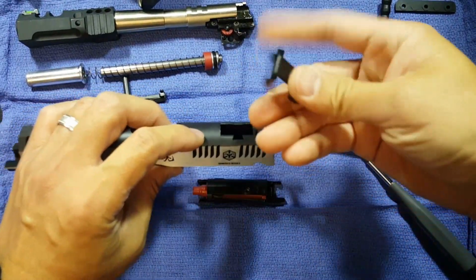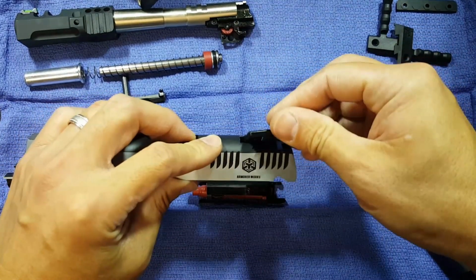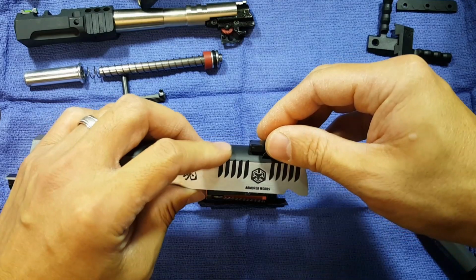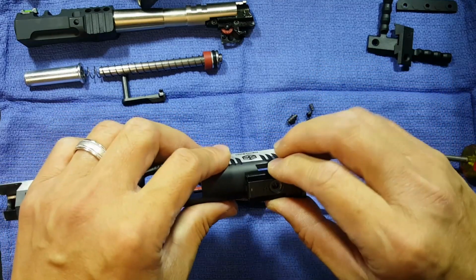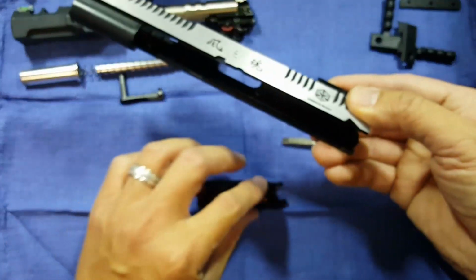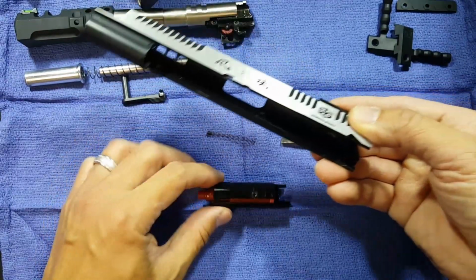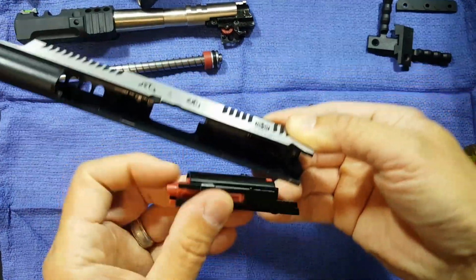The rear sight falls off very easily now that the housing, the recoil housing, has been removed. So I'm going to try to put it back for you to show you. I'm going to remove the spring. This part right here actually holds